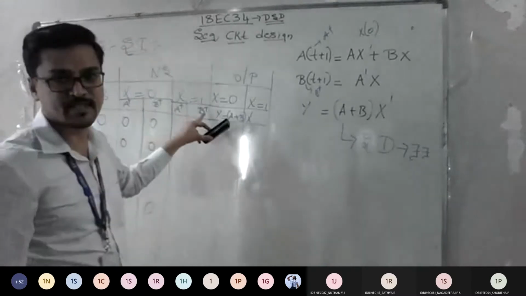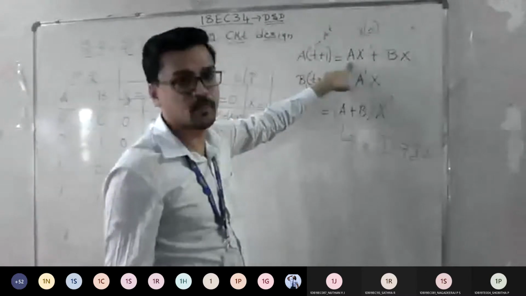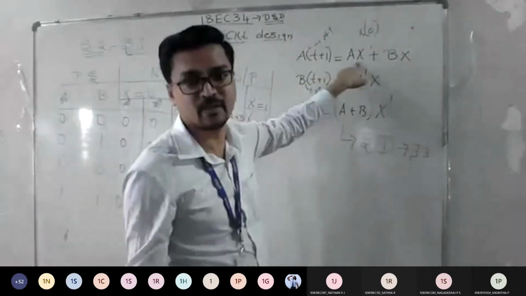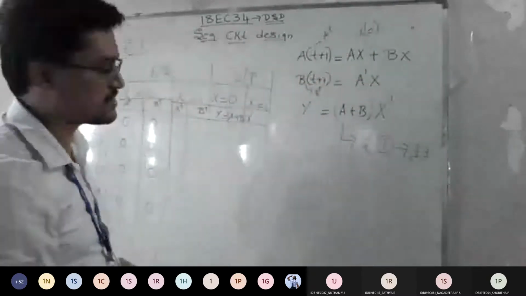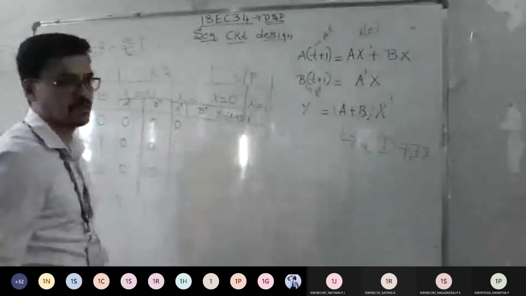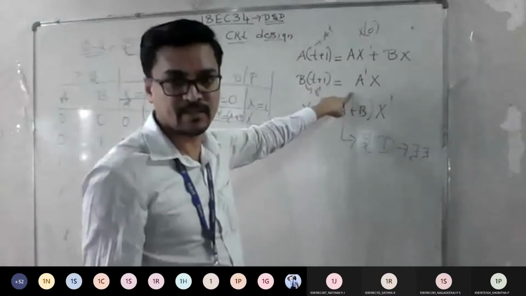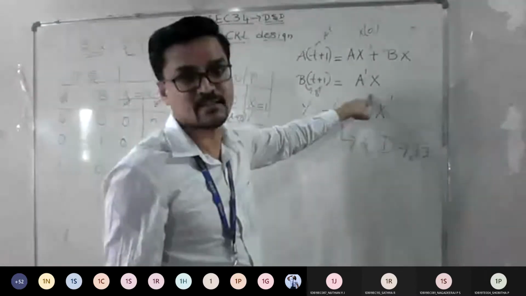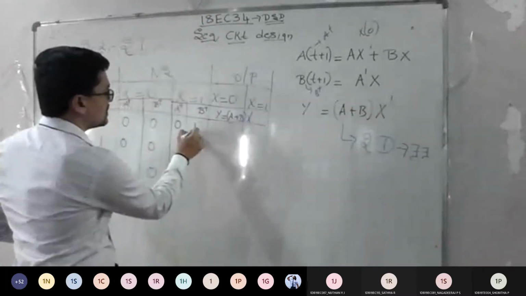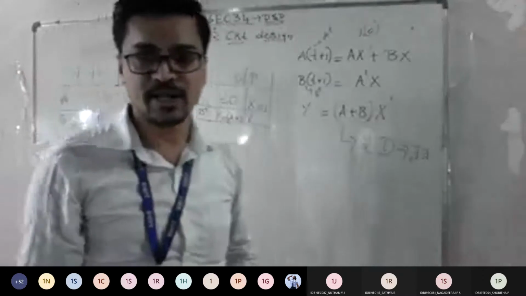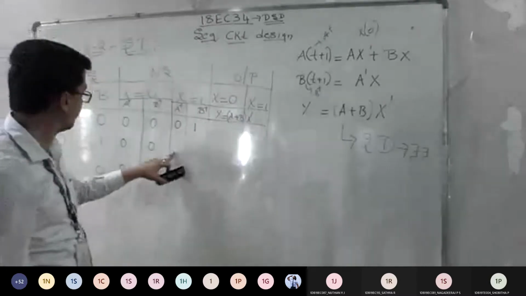Same category. You should consider x equals to 1. The equations are the same. So this is your A plus equation. Now input A is 0, which means automatically, whether x is 1 or not, it is 0 only. Similarly here also 0. So what is the first answer now for A plus? Is it 0? Check what will happen for B plus now. Input A is 0, but since it's a complement, it becomes 1. And input x is 1 also. So 1 into 1 gives the answer 1. So for B plus, I am going to get 1. Any doubts, anyone, with this concept? Am I clear? Same way, proceed with the next one.